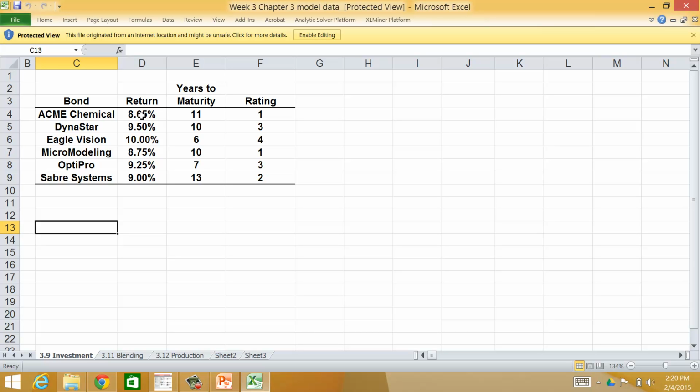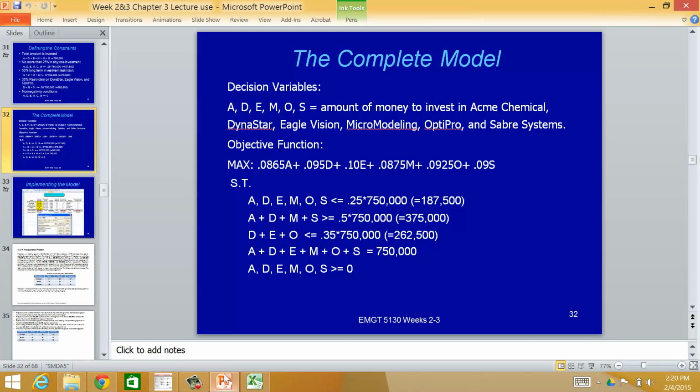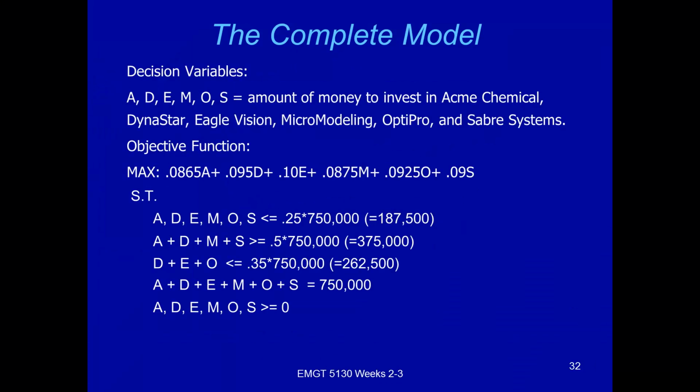So these are the data I put, so that's the 3.9, and just briefly review what we implemented. So this is that investment problem that the client of investment company is trying to maximize the return from 6 different bond issues, okay? And they had some constraints. For example, like any of them should be no more than 25% of the total money invested, the long-term ones, the high-risk ones, and the sum need to be this much. Okay, so now let's go to